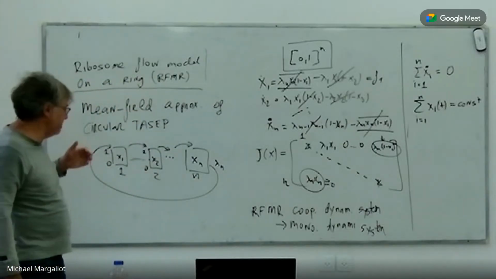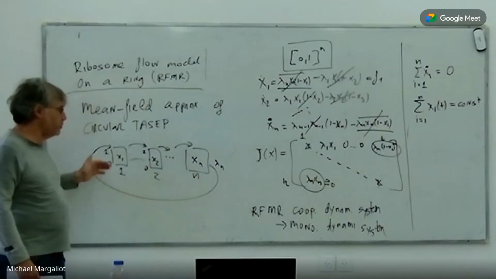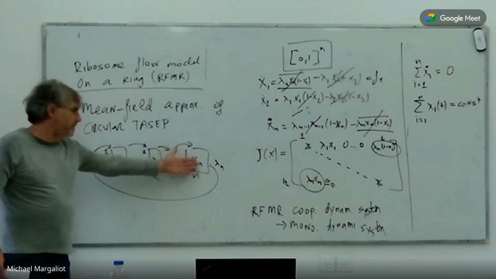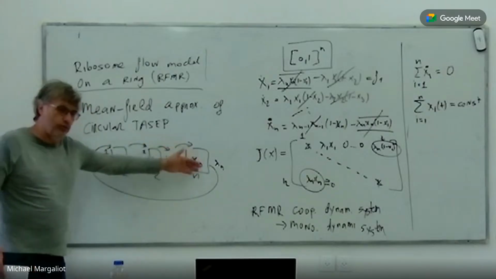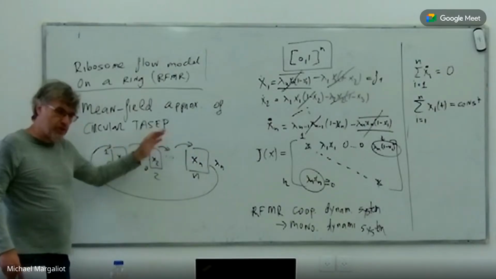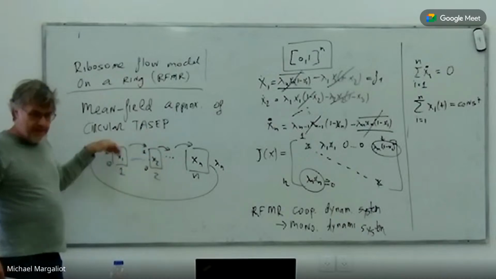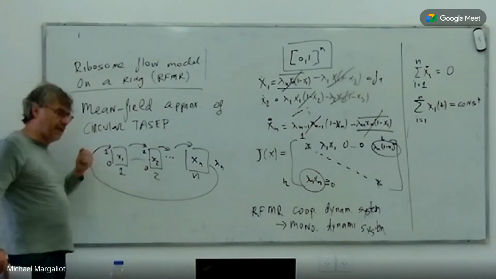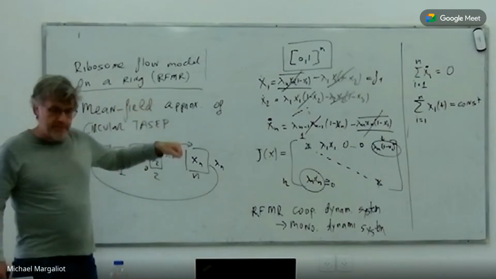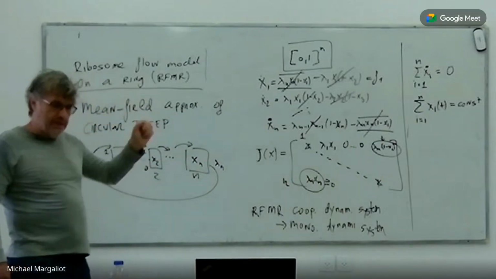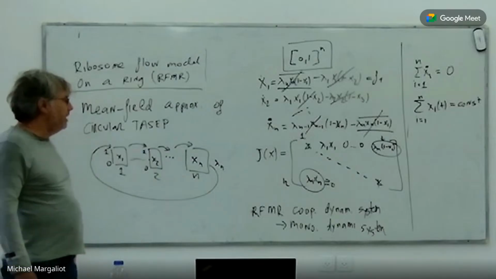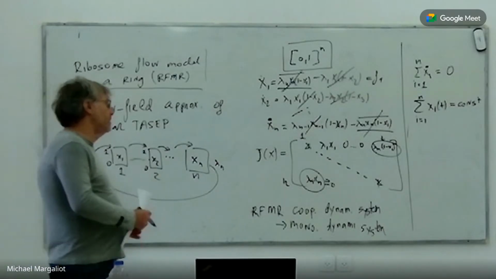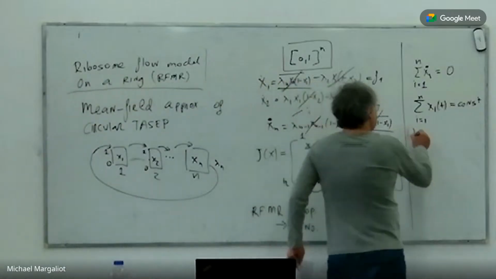Of course, this is not surprising. This is because this is a closed system. No particles enter and no particles exit the system. They just run through the sites and maybe change the configuration. But this is a closed system. Unlike the RFM, where particles enter into site number 1 and can leave site number n, here the total density